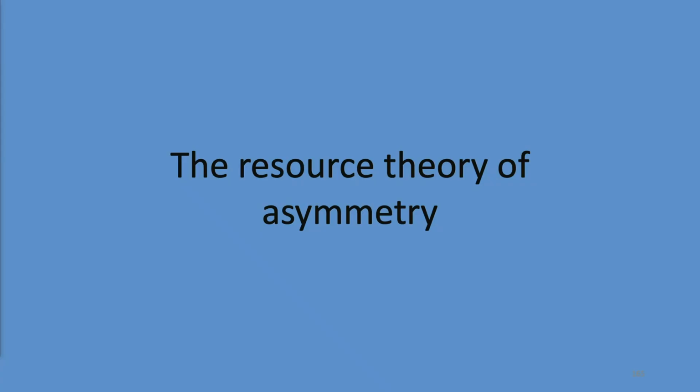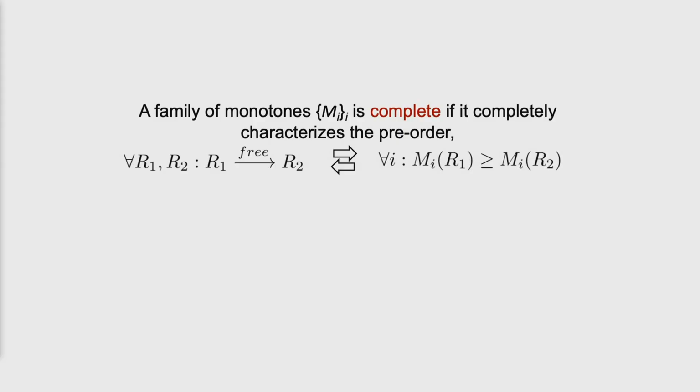Okay, yes? Sorry, maybe it's just a formality, but what prevents me here from choosing all the monotones to be exactly the same guy? I get a complete set, right? Well, if all the monotones were the same, then it would not be true that checking that this held for all of them would imply this, right? It would be missing information. So the condition that these inequalities has to imply that forces this set of monotones to be non-trivial in the case where it's not totally ordered. If it's totally ordered, then it's fine.